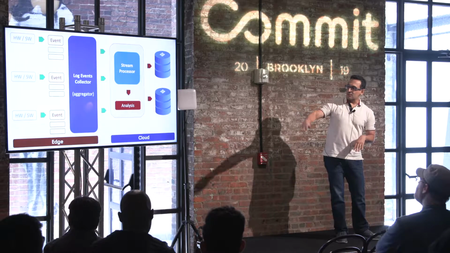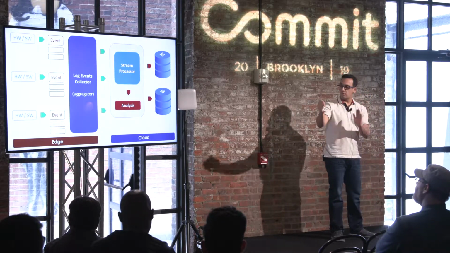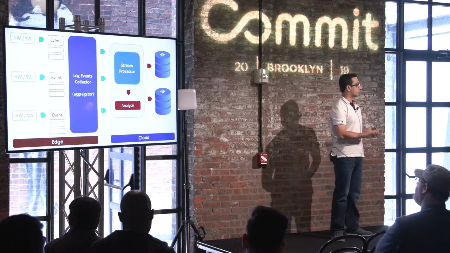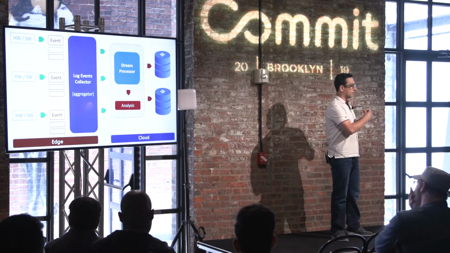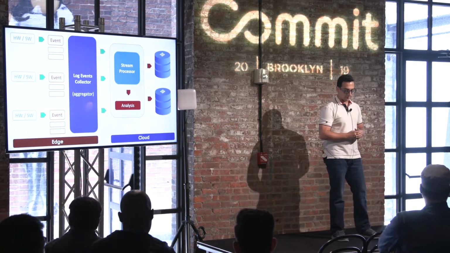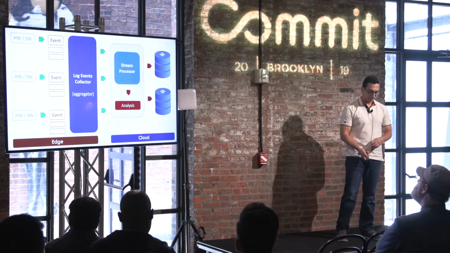Now, also in the cloud space, what people do is put some kind of aggregator layer, aggregate all the information there, where you have good storage, good connectivity, and then ship the data out to the stream processor and all your cloud services. Think about Amazon or any cloud provider that you have.